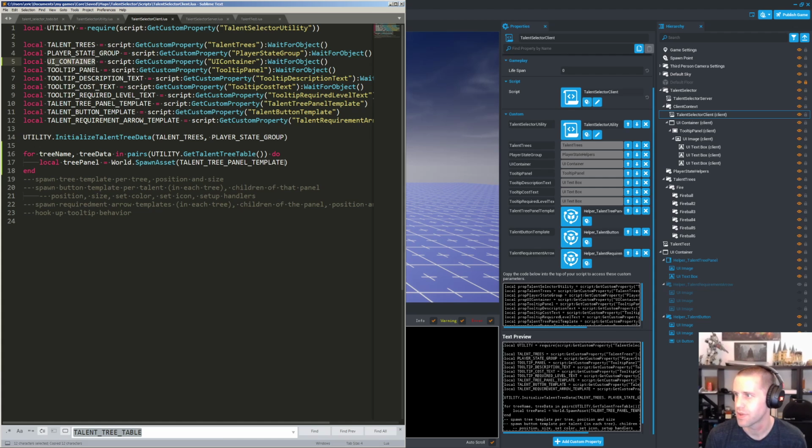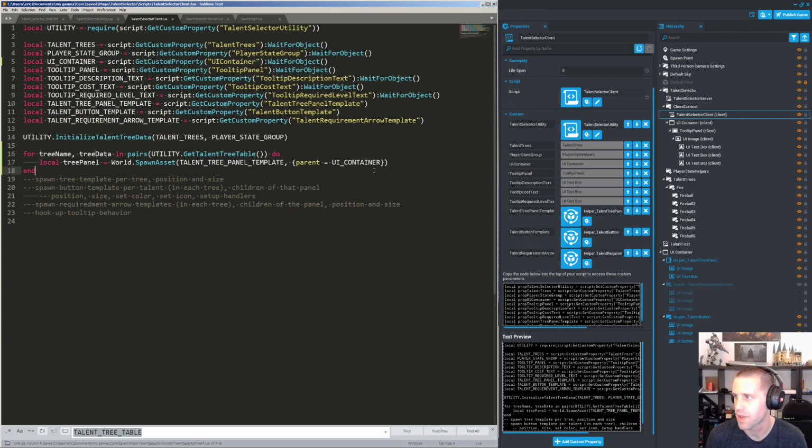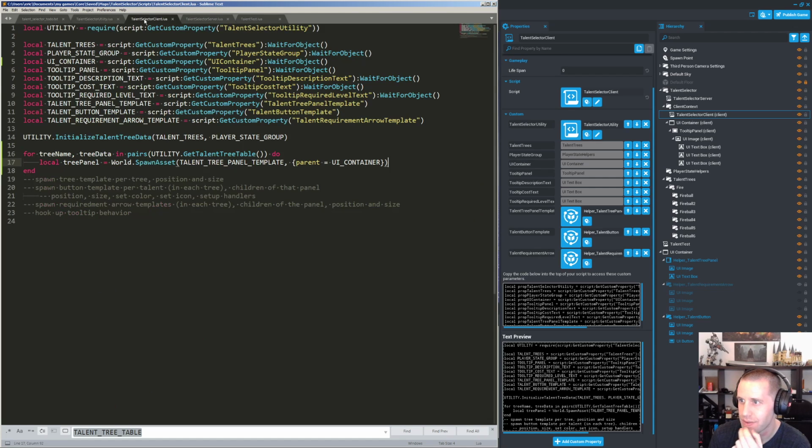Okay, so in which case we're going to set its parent right in the spawn call. It's a little bit wider. All right, we've got a tree panel. And now we need to, yes, do we know how many, before we even do that, we need to know how many trees there are, because in order to position them, we have to make them look nice, right? If there's only one tree, you want it nice and center. If there's 3 trees, you want the first one on the